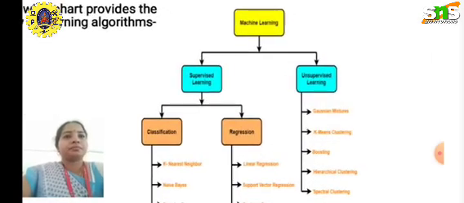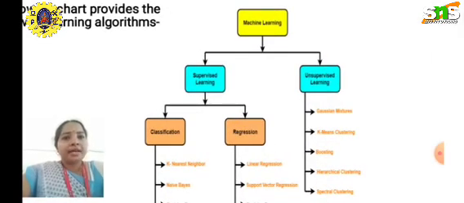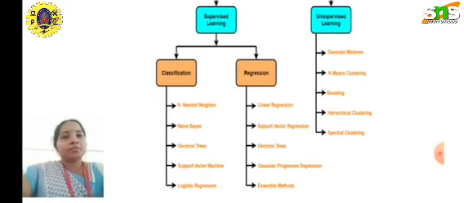See, machine learning is divided into supervised and unsupervised learning. Here the supervised is divided into classification and regression. So the algorithms which come under supervised learning, that is classification and regression, are as follows. K nearest neighbor. So we will find how many data points there are. We can split the data as k, that is the number of data points is k, and k nearest means the data next to it. Naive Bayes, decision trees, support vector machines and logistic regression, these all come under classification.